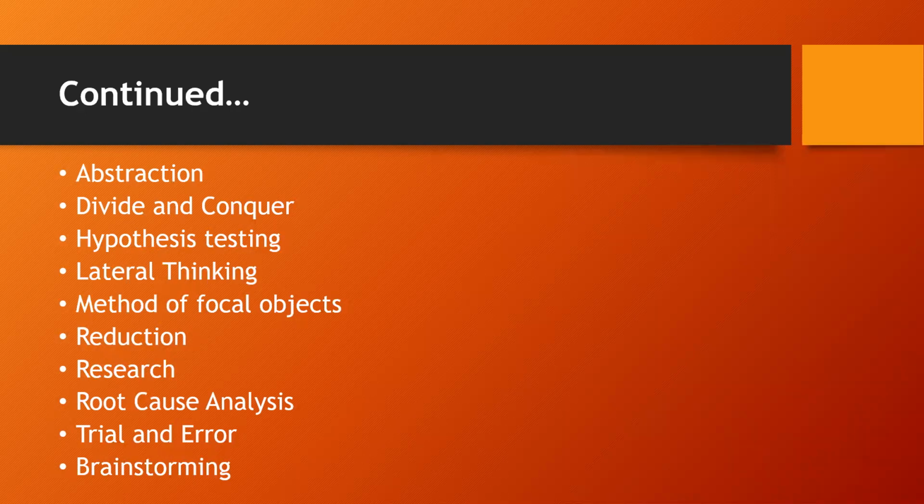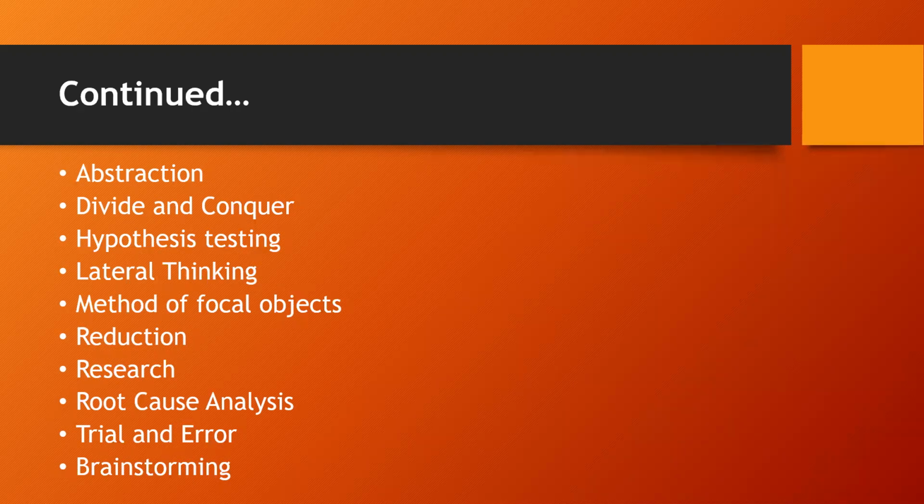Second is divide and conquer, like breaking down a large complex problem and solving it. Third is hypothesis testing. What is hypothesis testing? It is assuming a possible explanation to the problem, like a heuristic, and trying to prove the assumption. So you have already made an assumption, okay, this is going to be the answer, and that will actually be the answer most of the time.